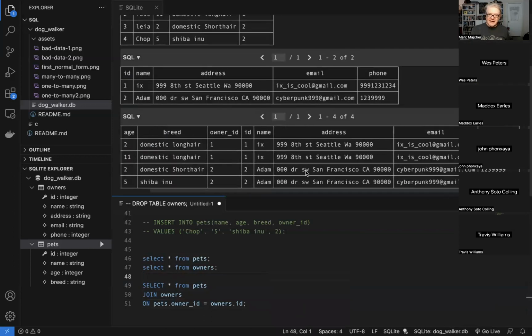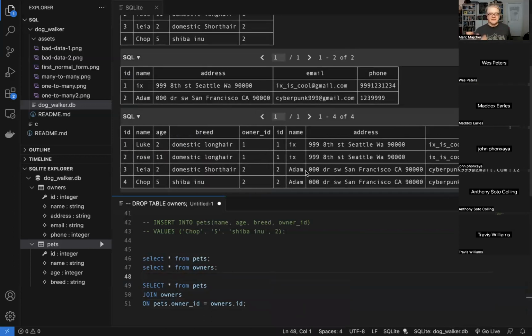Cool. So it looks like it's all slammed together, which is what we wanted. And since we're selecting from pets, basically we're selecting from the pets table. For each entry in the pets table, we're going to look this up.